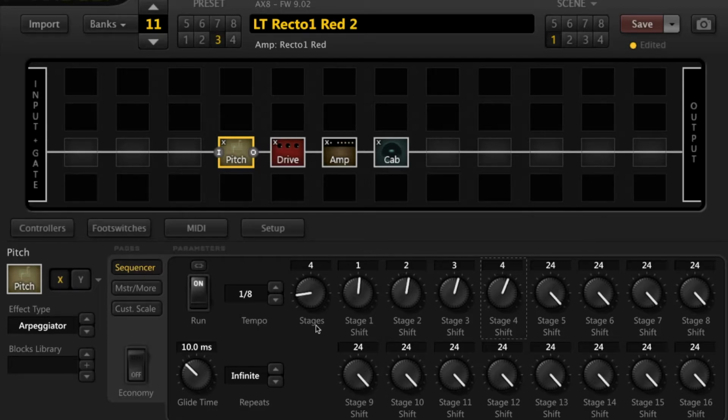So the arpeggiator is actually playing a run. It's taking my initial note, which is a low D, and it's shifting it by 1 semitone, then 2 semitones, then 3 semitones, then 4 semitones in time with this tempo. If I increase the tempo, say to a 16th note,